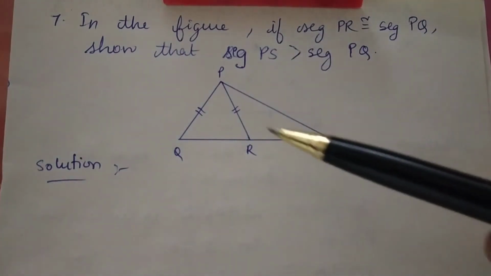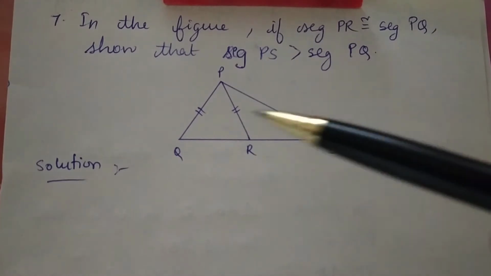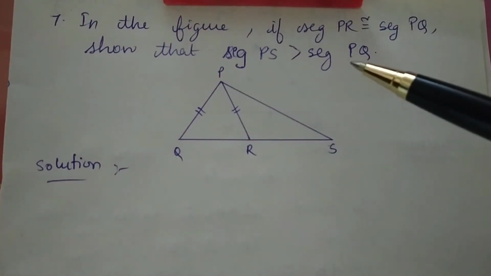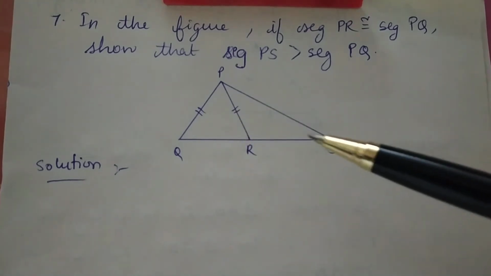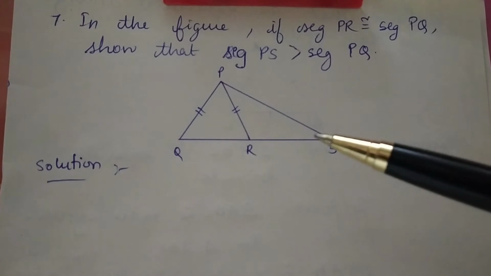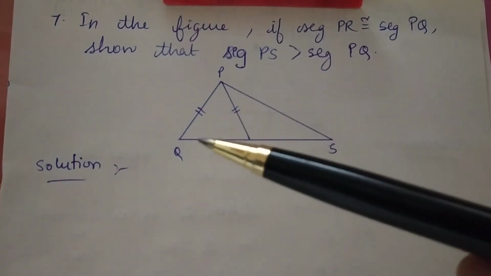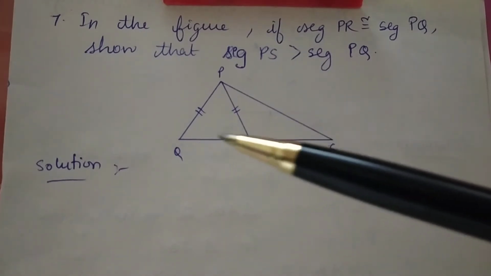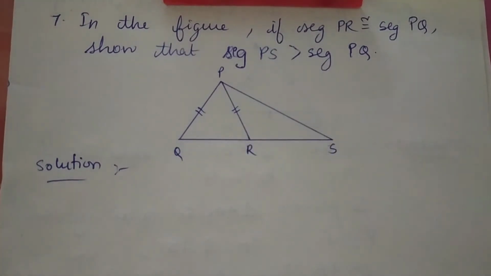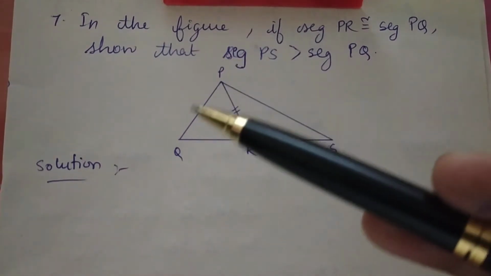Like for example, the angle opposite to PS is going to be Q, and the angle opposite to PQ is going to be S. So if I show the relation between these two angles, I will automatically be able to prove this, right? So how am I going to show the relation between these two angles, angle Q and angle S? Let us first go towards the smaller triangle and try to apply whatever knowledge we have